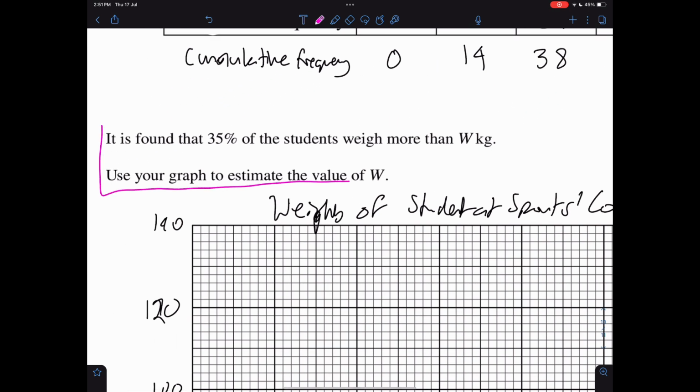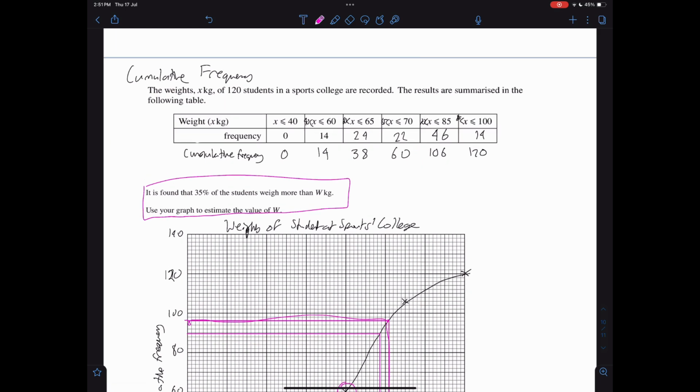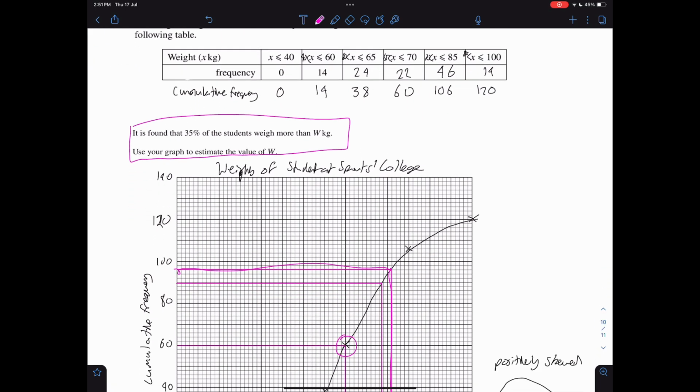And this is exactly what this question is like here. It is found that 35% of the students weigh more than W kg. Well, this is pretty much a percentile question. 100 minus 35 equals 65%. So it's basically asking, okay, W kg is the 65th percentile. 0.65 times 120